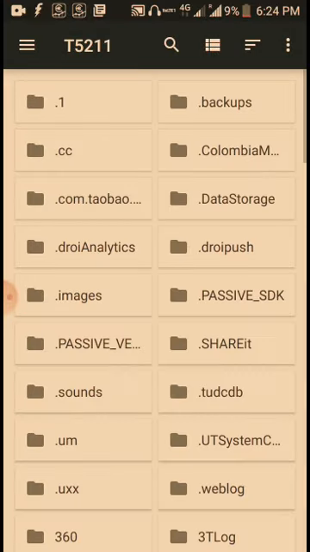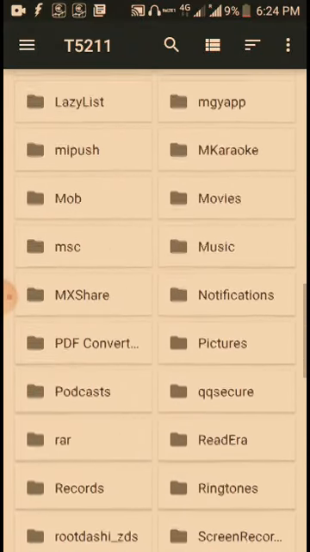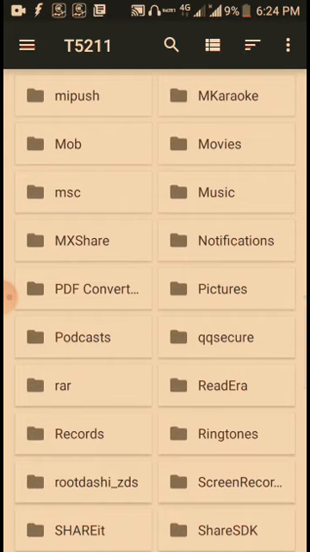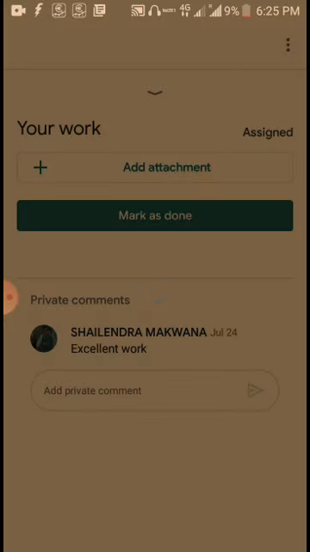So here I can choose any folder. First I need to know which folder that file is saved in. So here I can see a folder, PDF converter. Okay, so we will go to this PDF converter folder, and as you can see here, demo.pdf, this file is already saved here. So what I do is that I click on this,